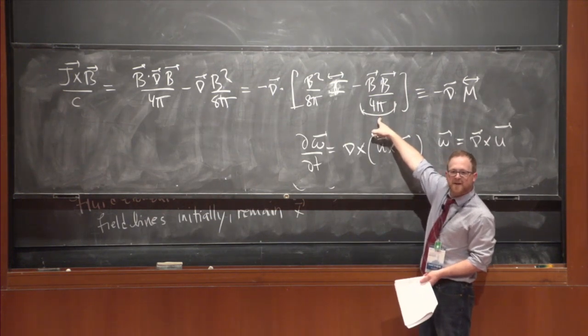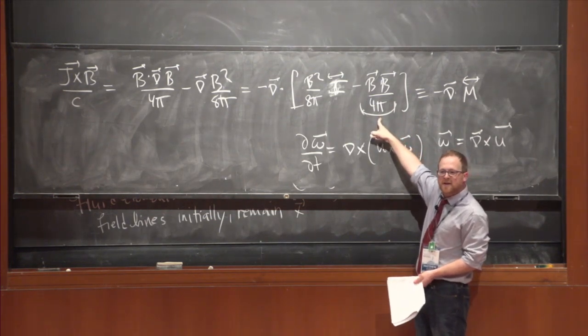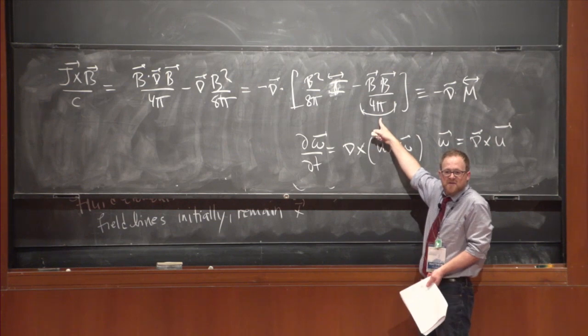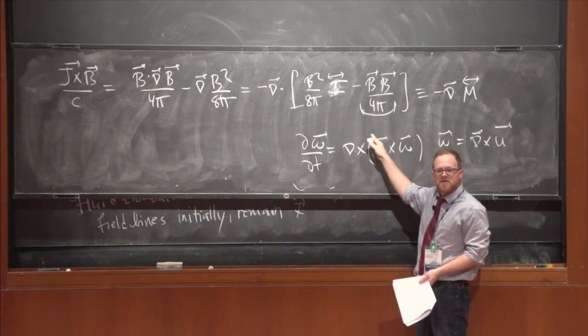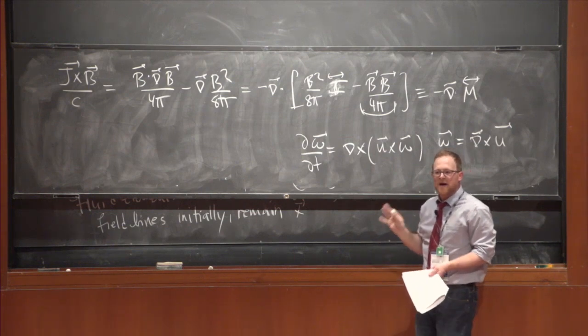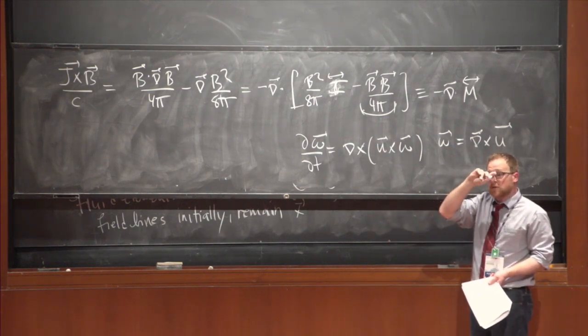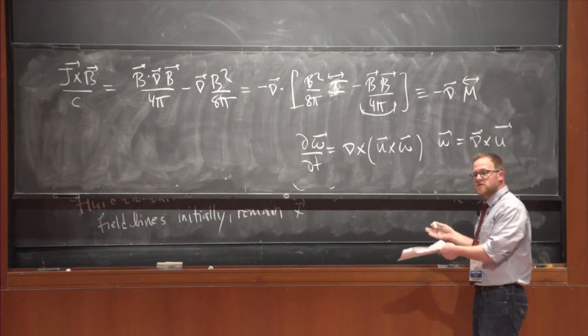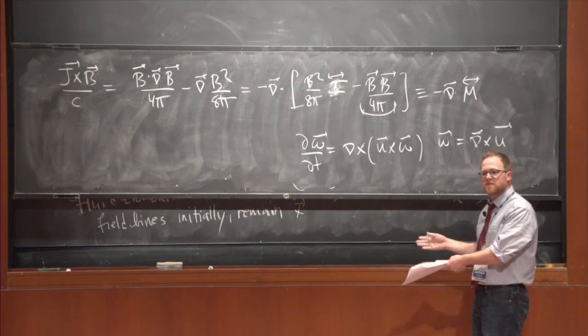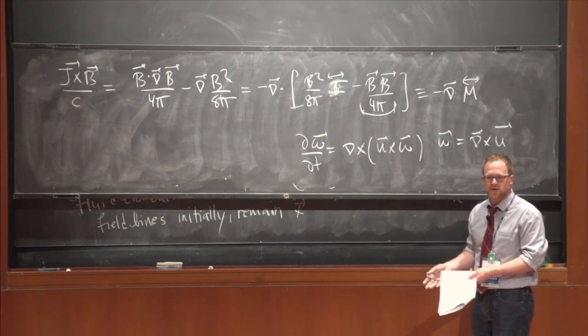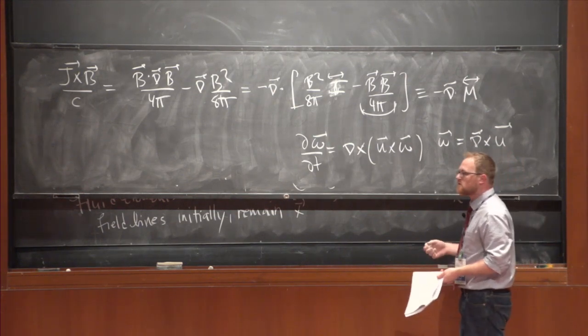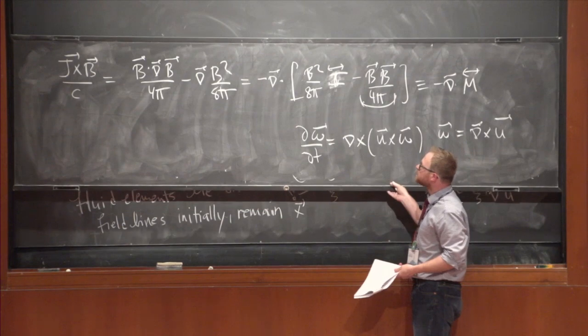Before this off-diagonal stress, the flow is fairly isotropic, right? This is the thing that introduces some sort of directionality into the system. It biases the system based on the magnetic field. Whether the field's strong and tells the fluid elements where to go, or if the field is weak and the fluid elements tell the magnetic field where to go, there's always this anisotropy introduced by the Lorentz force.